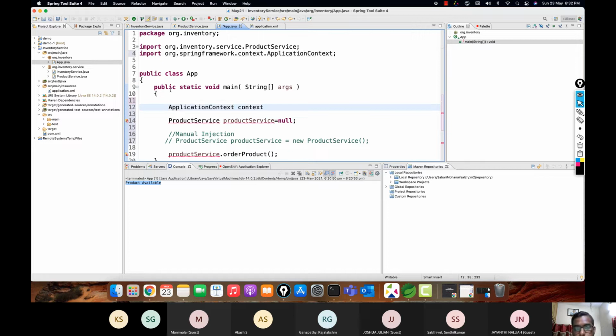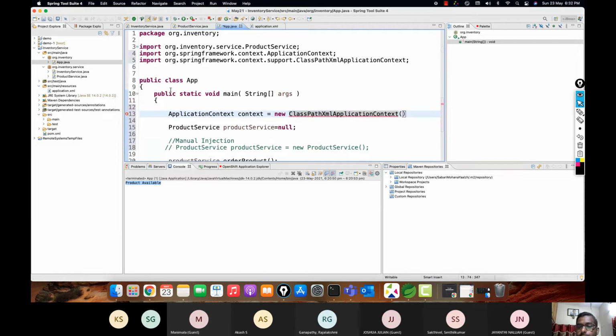The context object equals new. Since it's an XML based configuration, right? We have to go for ClassPathXmlApplicationContext. Is that clear? Since it's an XML based configuration, we are supposed to use the ClassPathXmlApplicationContext. Now, within this, we are supposed to provide the XML name,